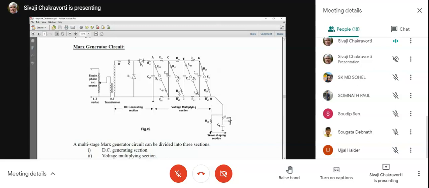Now, when these capacitors are being charged, at that point this sphere gap should not fire. How do I ensure it? We have to put enough gap distance between the two spheres so that the sphere gaps do not fire. But at the same time, we also have to ensure that when they fire, they fire sequentially. That means S1 first, followed by S2, S3, and S4. As long as S4 does not fire, the voltage at the point G is never connected to the output circuit.